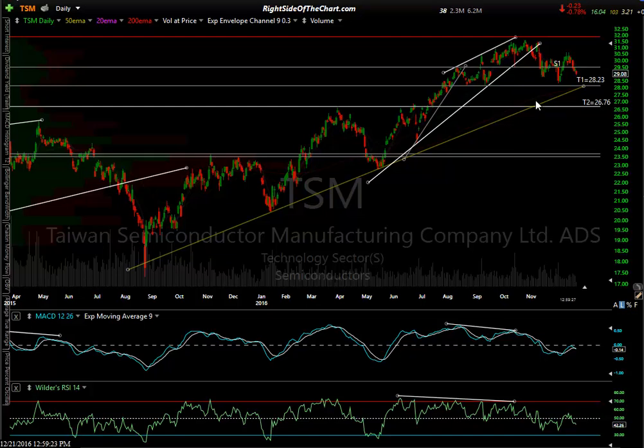Okay, this is Taiwan Semi. It would have been a short somewhere here around the break of the bearish rising wedge. The breakdown backtest was playing out. Looks like, did we already hit that first target? Let's see,